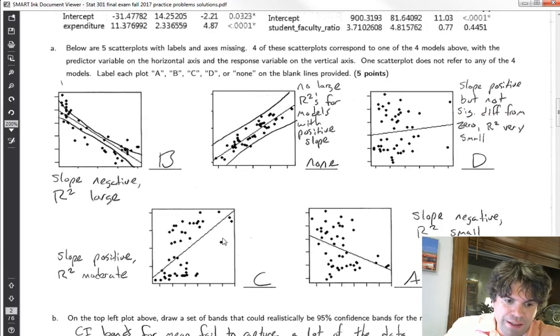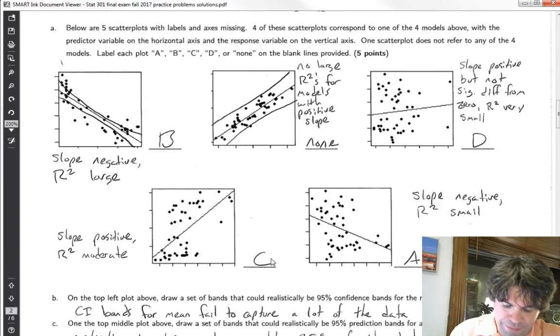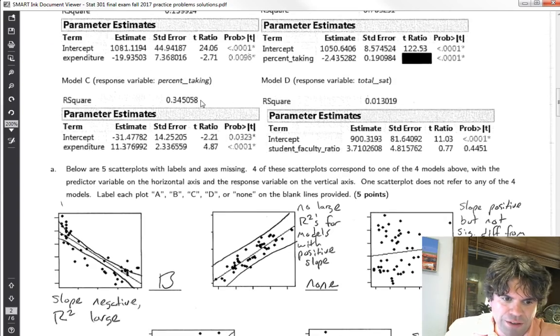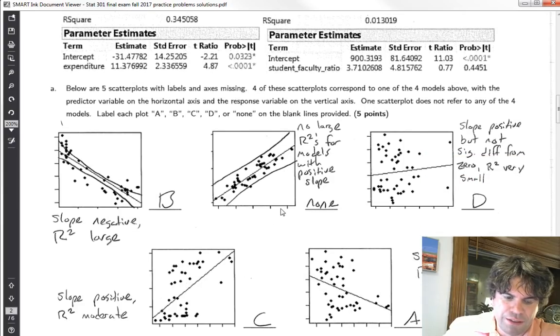So if we look at the 3 remaining positive sloping plots, this one, this one, this one, this one here, the data is just way too close to the line. This looks like a very large R squared. This looks like it might even be larger than this R squared, and we saw that this R squared was like 0.78. So this has to be the one that's not being represented. Neither of these R squared values are big enough to look like this data. So the 2 remaining are